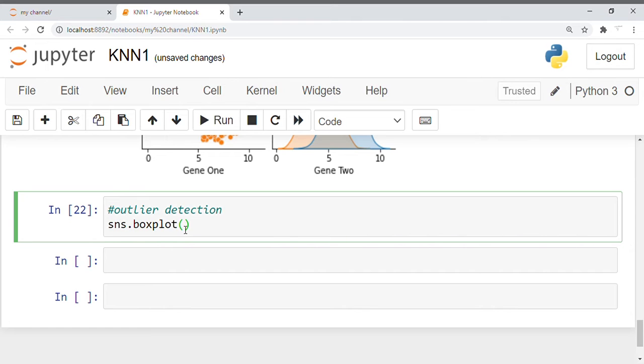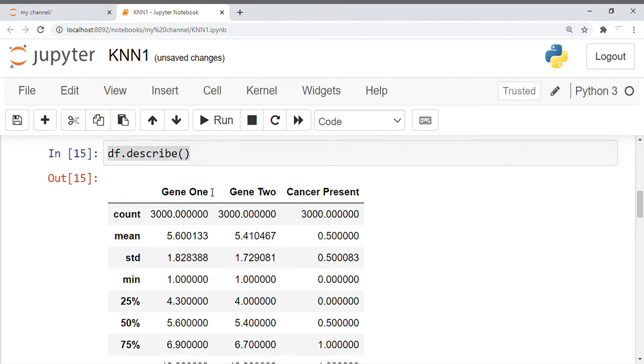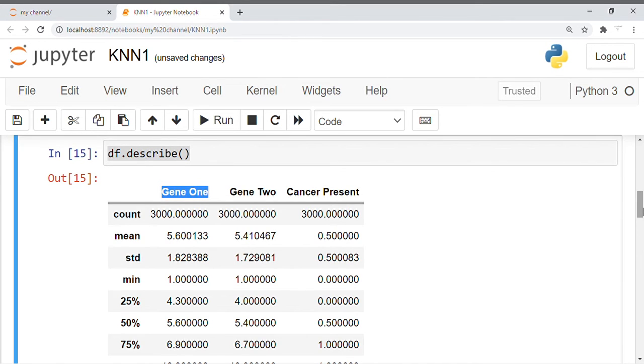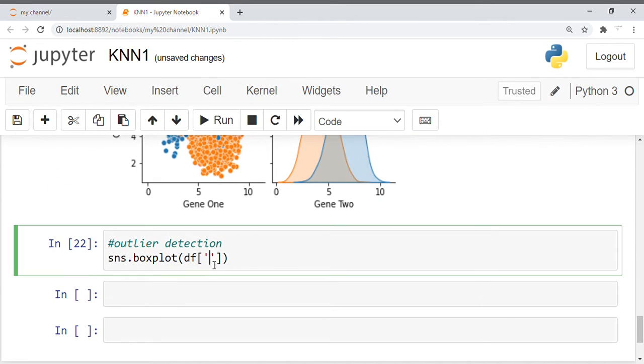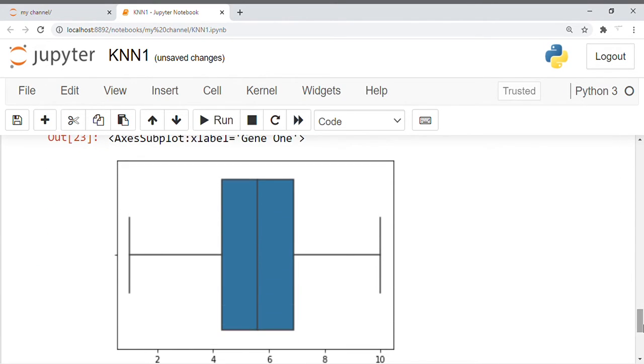Now I simply use this box plot and call that particular column here. Where is that column? I just use gene1, keep it here, and then plot it. You can see the box plot here. The box is right at the middle, and you can see the whiskers to the right and the left. We don't see any values below the left whisker or above the right whisker. It means that there are no outliers in the column gene1.